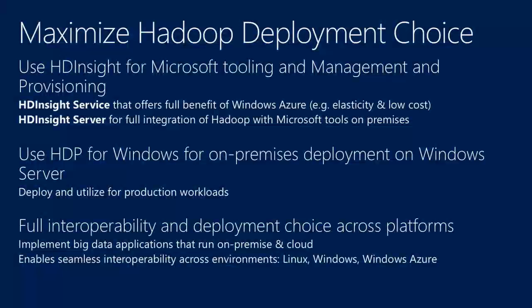So we have now with HDP for Windows and with SQL Server, this comprehensive data platform, right? That lets you store different types of information and processing and lets you make the choice between what's the right tool for the right job. With the Hadoop deployment choices, I just want to talk through the options here. There's HDInsight, which is the Azure service, runs in the cloud, and it has all the Hadoop functionality in there, and it has the benefits of Azure: elasticity, low cost.